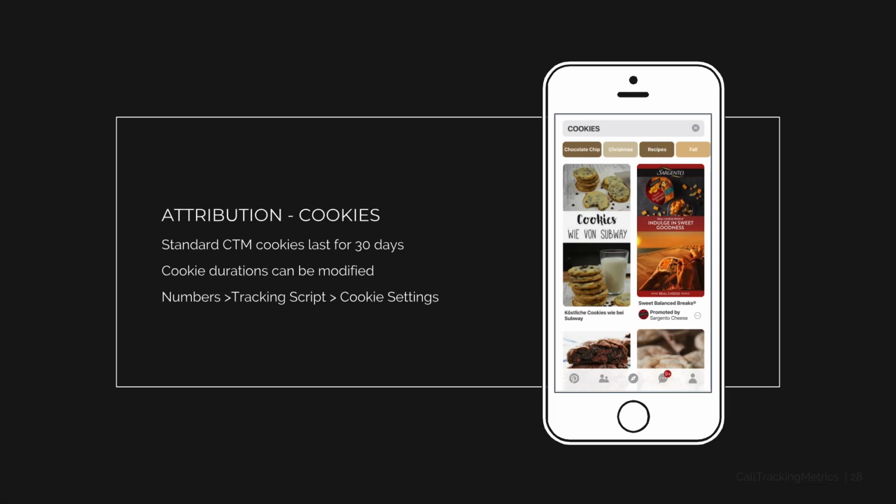So now we're going to move on to talk about attribution and cookies. So standard cookies inside of CTM last for 30 days. The cookie duration can be modified, and you can do that under your tracking script settings. We actually covered that yesterday, but we can reference it again once we're inside of CTM.